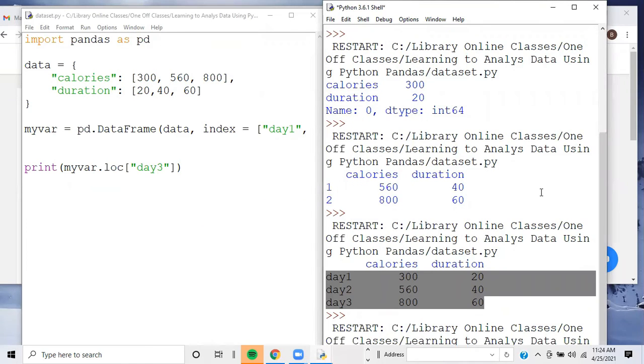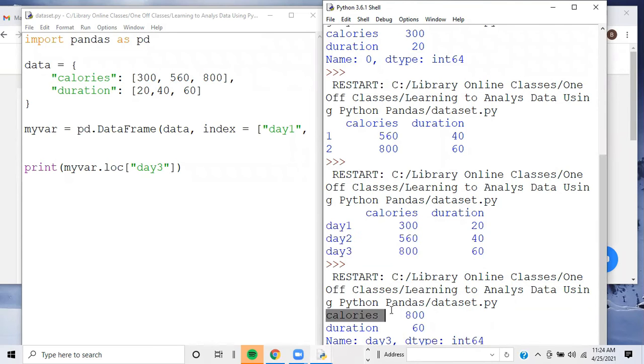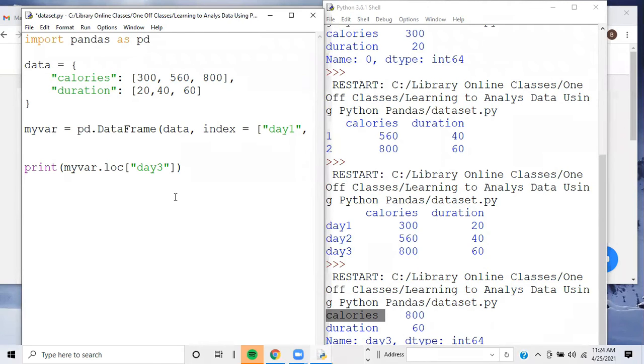And if you look to the right, there it is. It displays calories 800, duration 60 for day 3. All right. So next,